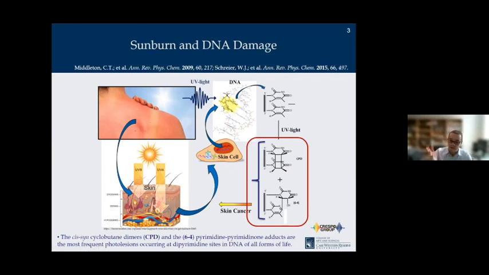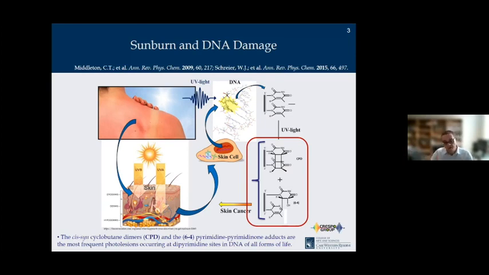Of course, as we heard earlier in other sessions, there is an enzymatic repair mechanism in the cells that repairs 99% of this damage, but those that are not repaired can